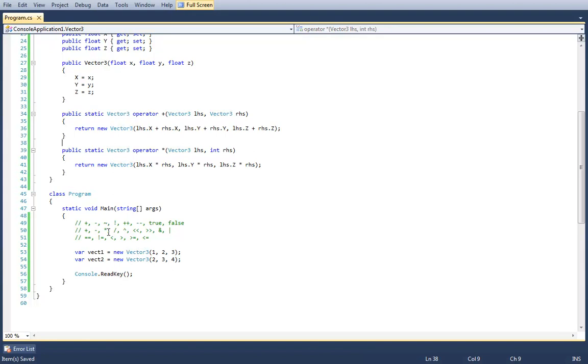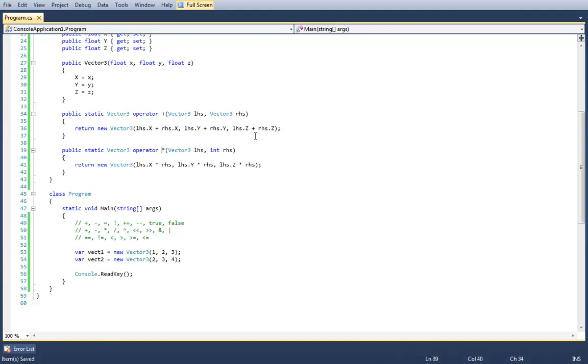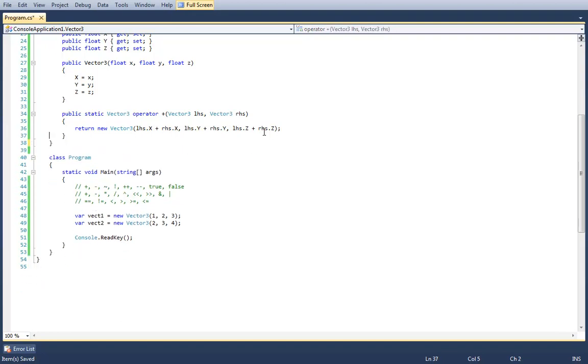Okay, so let's look at a few of the interesting operators, like the increment operator. So you can actually overload the increment operator in C# for whatever reasons you might want. Actually, I'll wait because I almost got into a big discussion about something, but I'll wait till the end of that. So, for example, if we wanted to do the increment operator on our vector, I could go ahead and do ++.